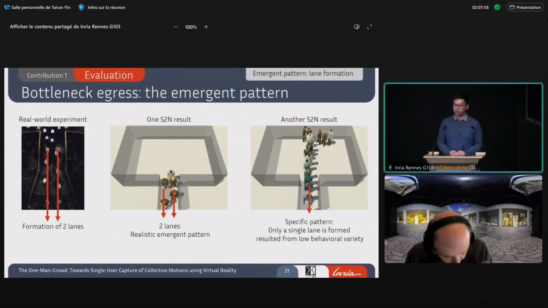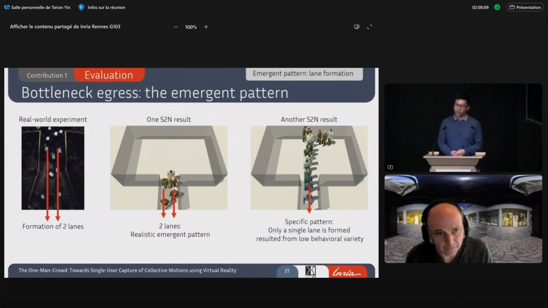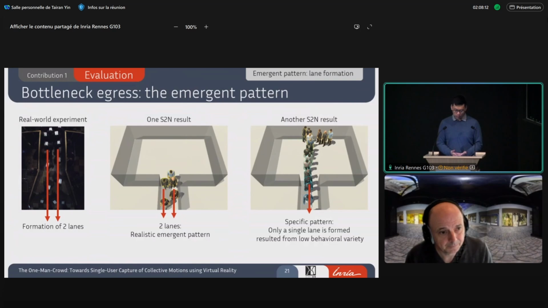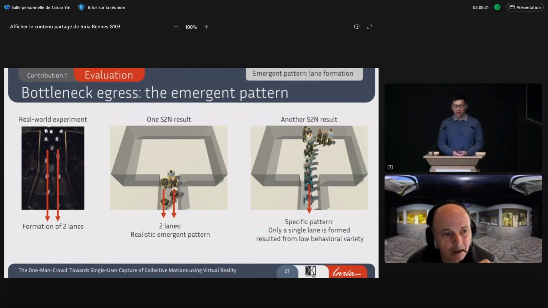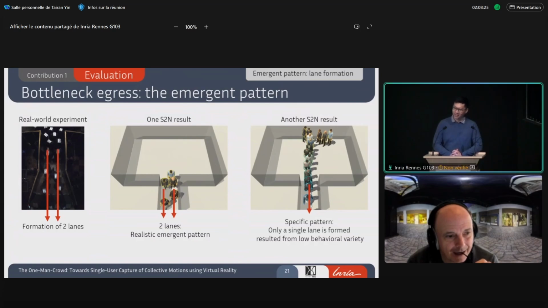I would think about using the established framework to analyze the crossing flow scenario and apply it on the data again. And if you ask me to propose a new metric to prove that the one-man crowd data is better than the other results, I don't think I have a clear answer at this moment.